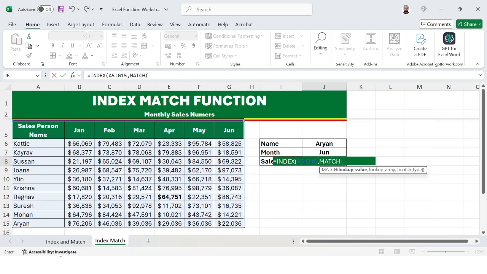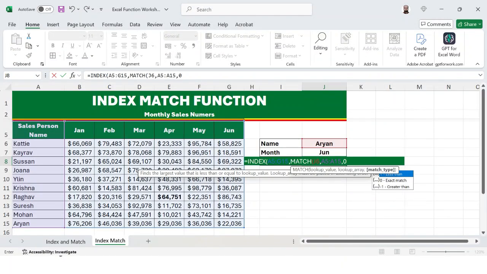MATCH lookup value this time would be the salesperson name, so select the salesperson name and comma. Now the lookup array this time is the entire salesperson name column, and comma, and then 0 for exact match, bracket close, comma,